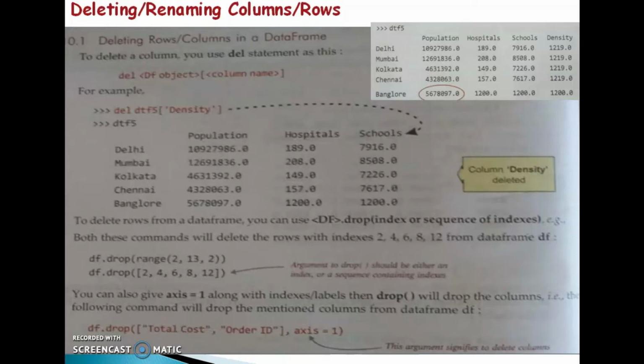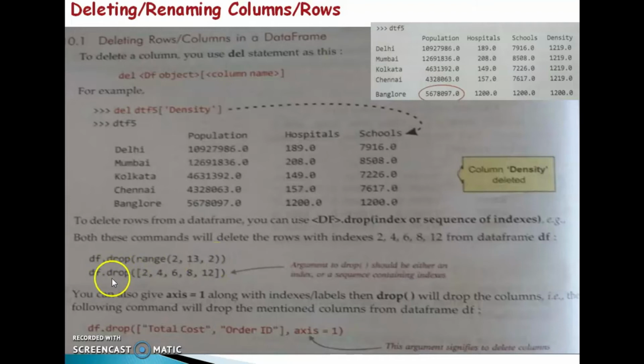For example, df dot drop, where df is a data frame object. The indexes are given as a range. Within this parenthesis I specified 2, 13, 2.